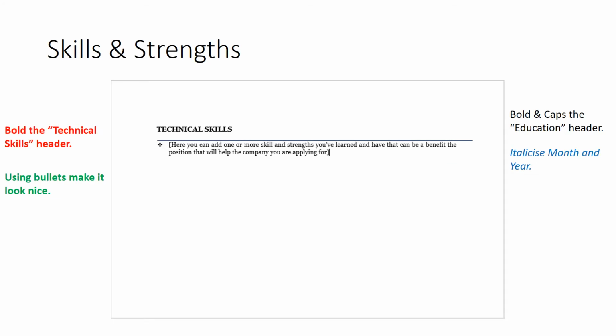Now we're going on to the skills section of the resume, skills and strengths, or what I like to call technical skills. This is a pretty awesome part of the resume. It allows you to open up on some of the strengths and skills that you've learned or that have carried over through your experience, either in work or volunteer or wherever it may be,